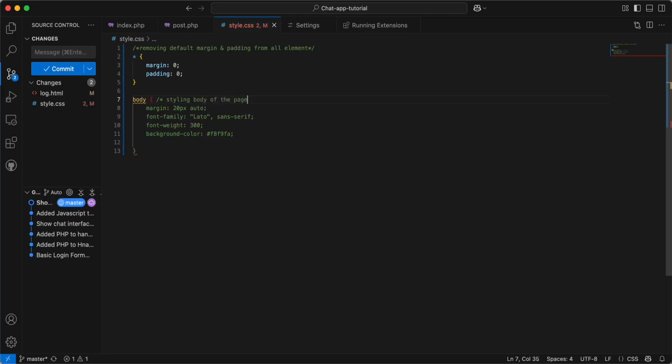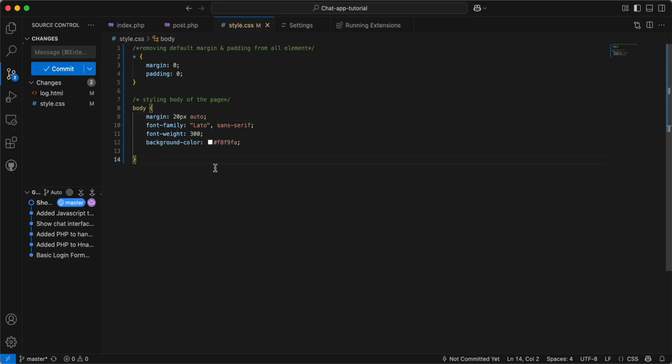So we are styling the body of the page right here. Here we have added top and bottom margin automatically in the margin, and we'll move forward with